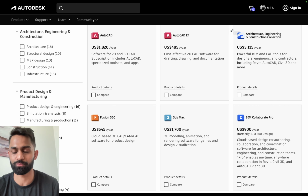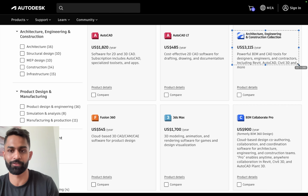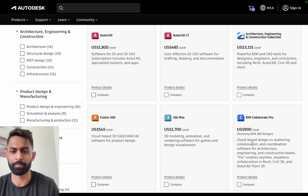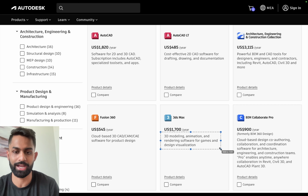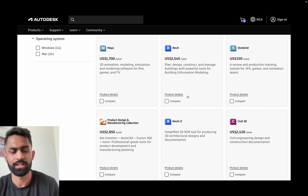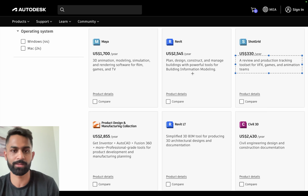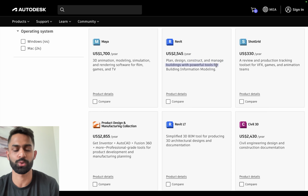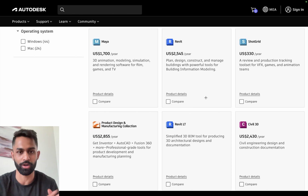So for example, this right here is a software that costs over $3,000 per year. Powerful BIM and CAD tools for designers, engineers, and contractors, including Revit, AutoCAD, Civil 3D, and more. This right here, again, cloud-based design, co-authoring, collaboration, coordination software for architecture, engineering, and construction teams. 3ds Max, which is 3D modeling, animation, and rendering software for games and design visualization. The list goes on and on. Again, this right here, ShotGrid, a review and production tracking toolset for VFX, games, and animation teams. Design, construct, and manage buildings with powerful tools for building information modeling. So again, architecture, design, games, VFX, modeling, 3D models, simulation, rendering, all those things is basically what Autodesk